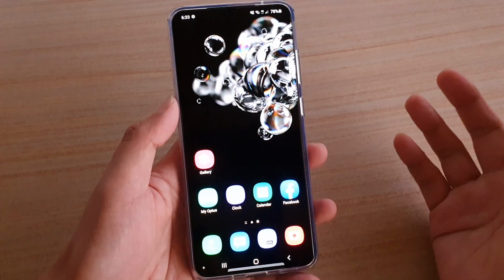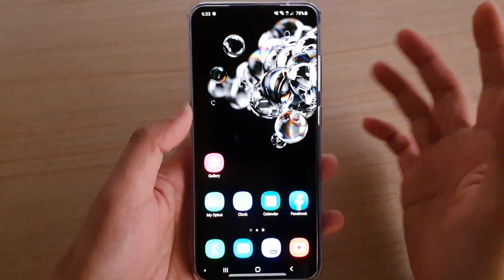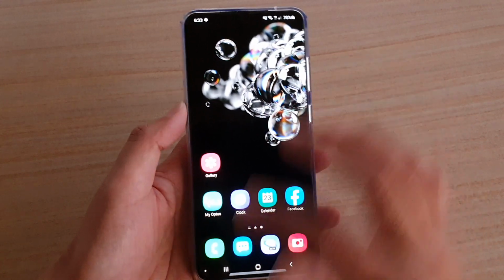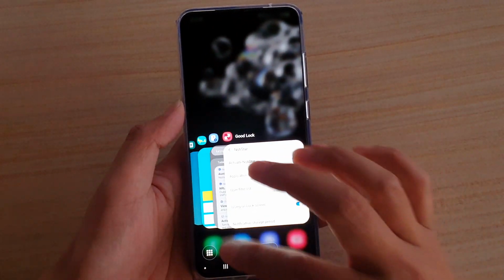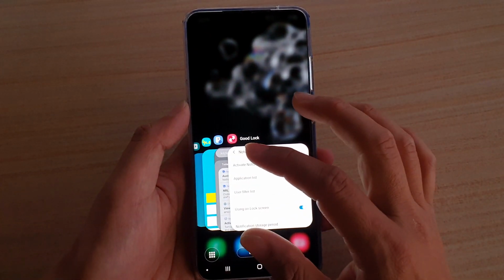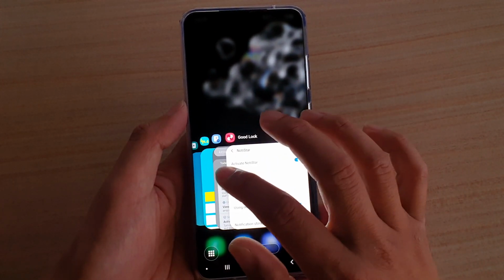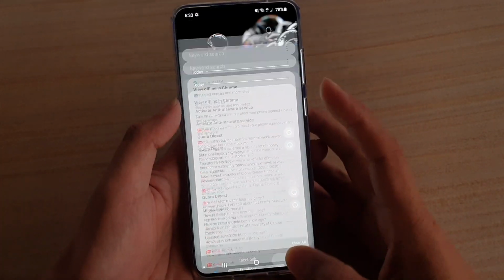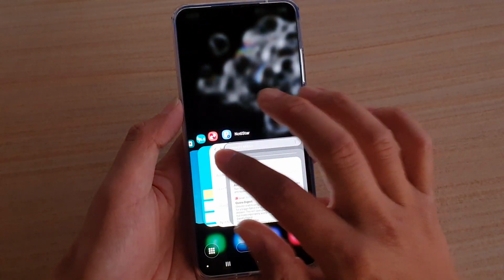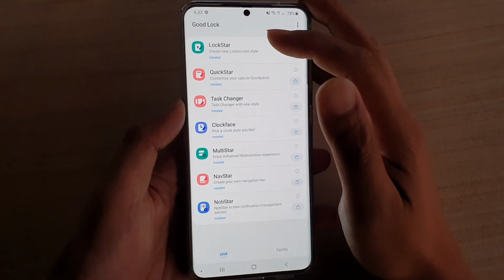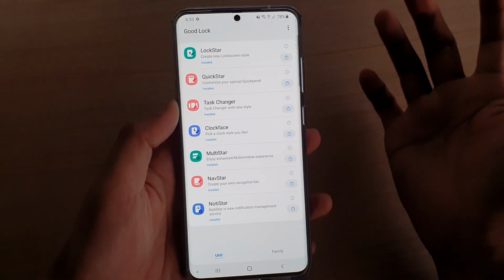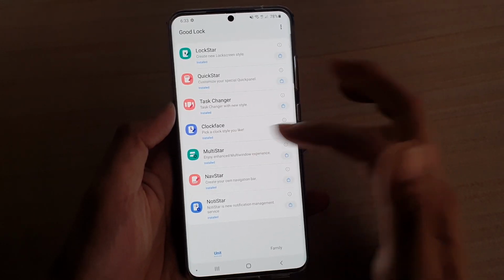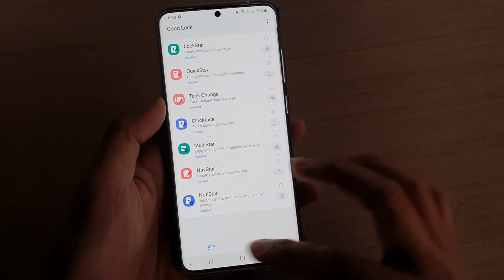And you can see how Good Lock can alter the user interface of your device. It can change the notifications, your lock screen, and other functions, the way the recent apps or the task changer works, how it looks. So you can change quite a lot of functionalities with your Good Lock. So I'm just going to go back here, open up Good Lock, and look at all the modules again. So yeah, in summary you can change things by using Lockstar, Quickstar, Task Changer, Clock Face, Multistar, Navstar, and Nav